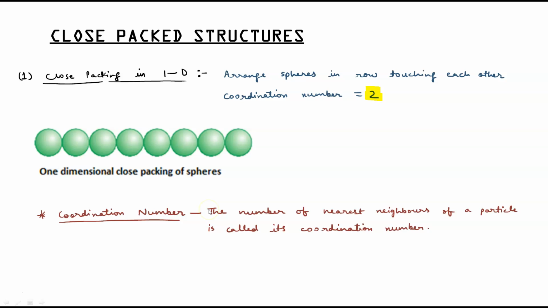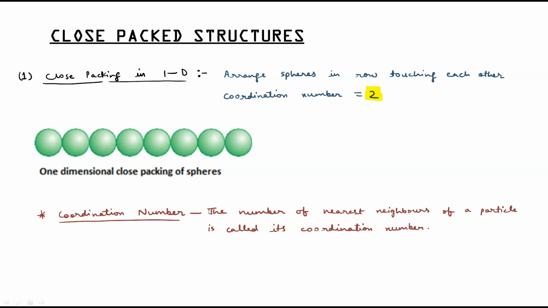Close packed structures. In the formation of crystals, the constituent particles, which can be atoms, ions or molecules, get closely packed together. The closely packed arrangement is that in which the maximum available space is occupied, leaving minimum vacant space. This is related to the state of maximum probable density. The closer the packing, the more stable the packed system. In solids, the constituent particles are close packed, leaving minimum vacant space.